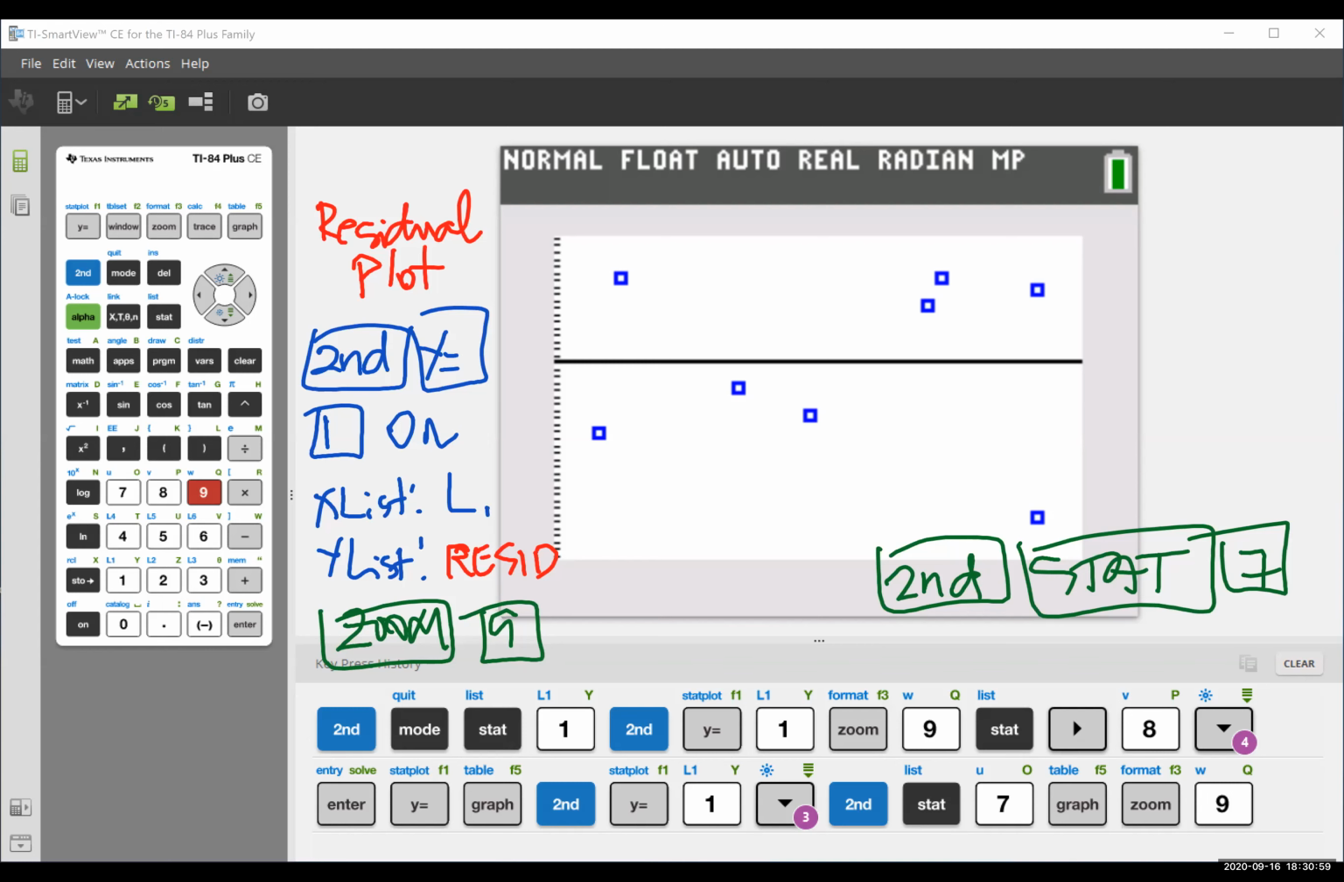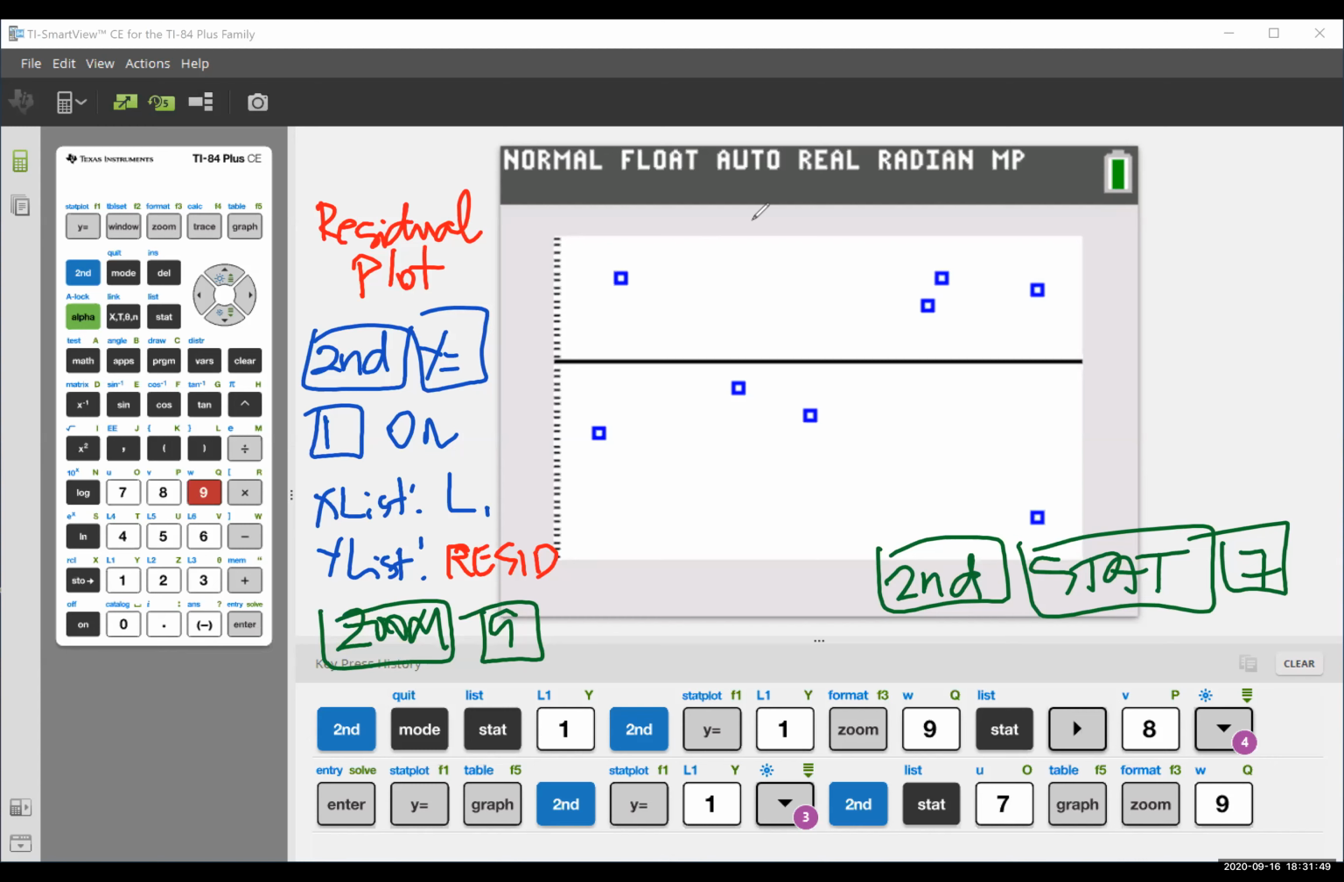Any questions? Oh, there's a question here. If you're not using this shortcut, if you don't have residual, because there are some calculators without the residual option, then you need to calculate a residual into L3. Yes, or L4. So what we're going to do is,